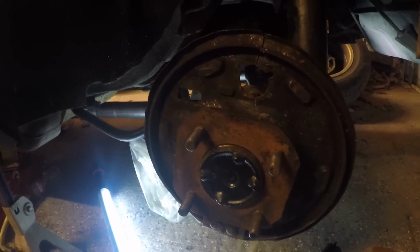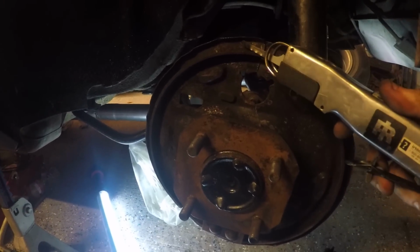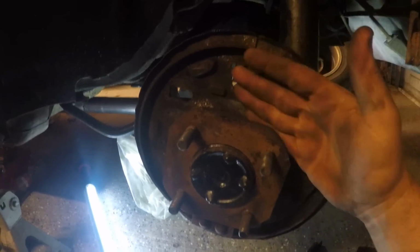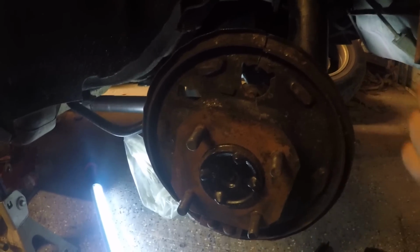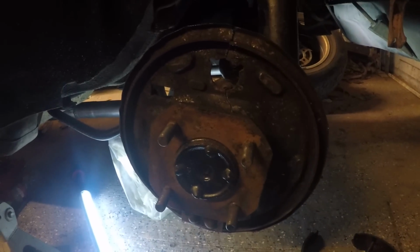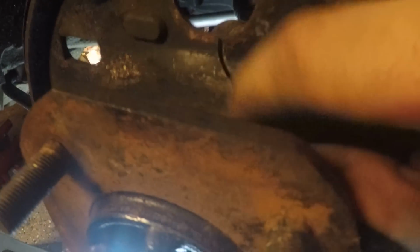But I found out if you come at an angle like this, as parallel as you can get it, you can cut pretty much the entire way down, and just a little piece is left, but you can end up breaking that off once you get both sides cut. I also chose to cut it right here because I already had this nice gap, so less metal I had to cut. You do want to go ahead and loosen the bolts right here